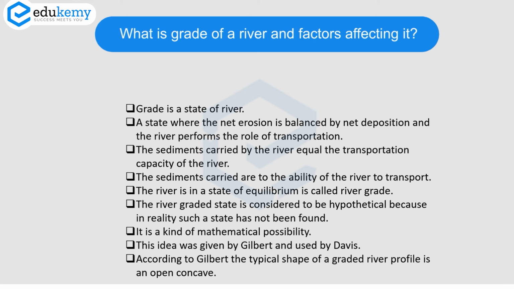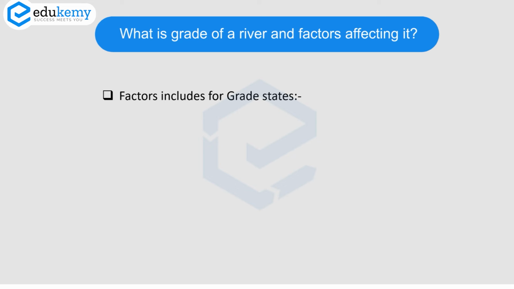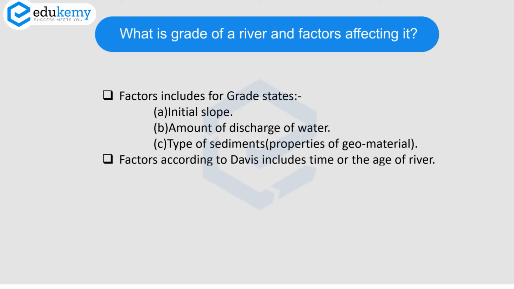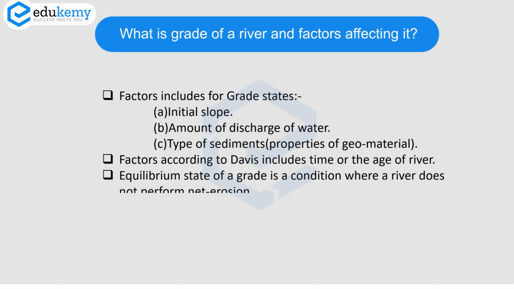According to Davis, grade is a possibility in the late mature stage. And what are the factors? The factors include the initial slope, the amount of discharge or the water, the type of sediments, and, according to Davis, time or the age of the river. Now you can add one point of discussion here. The equilibrium state of grade is a condition where